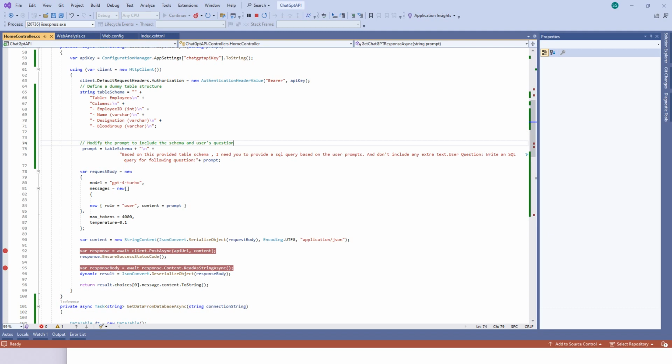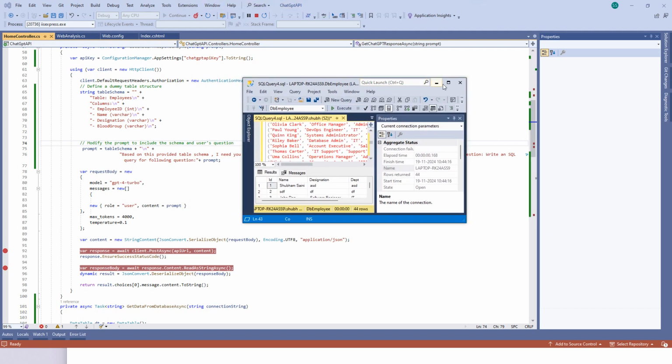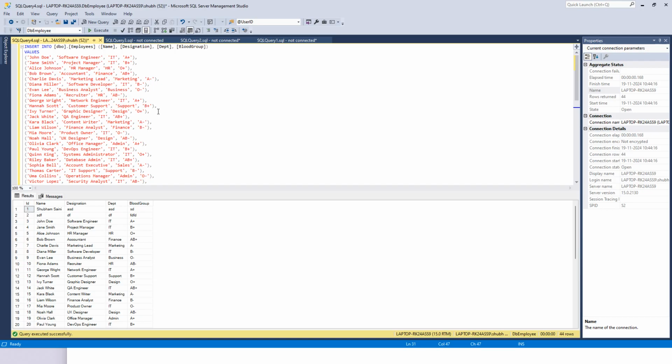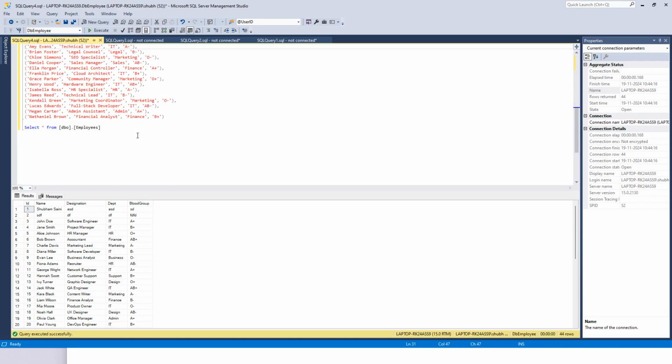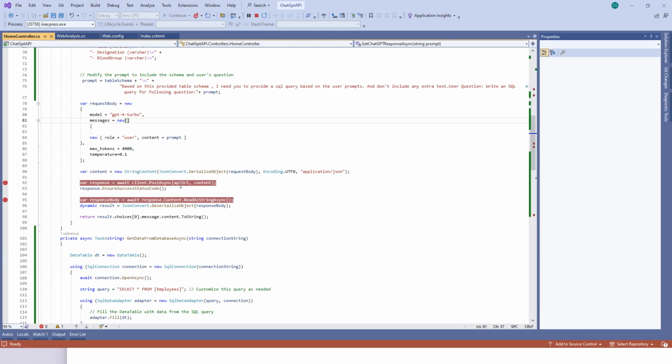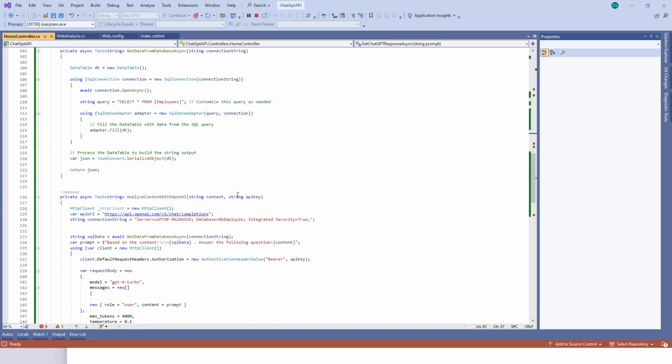First I will show you a bit of the data. So here is this employees table, and I have some random data in this. As per the requirement, we have to search on this data and let ChatGPT answer questions based on this data. So for this purpose, what we are doing currently is,